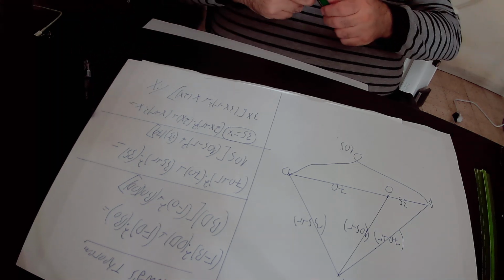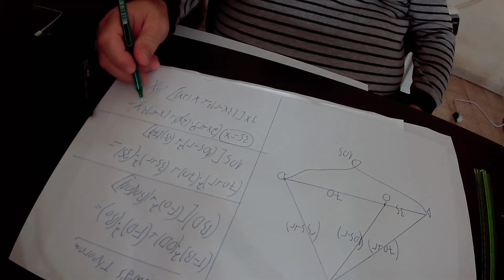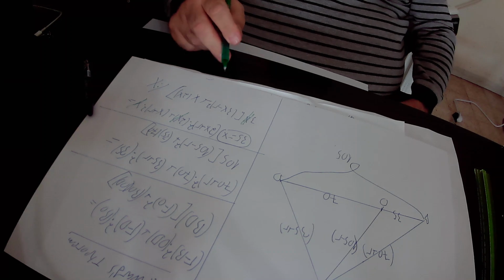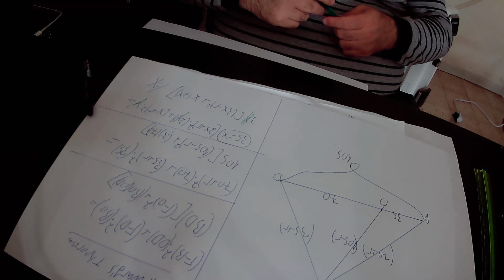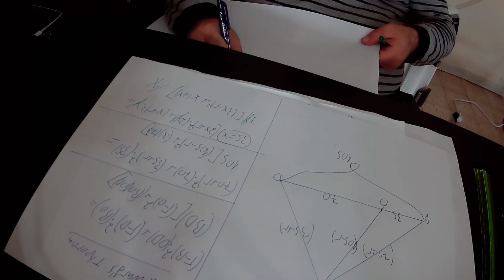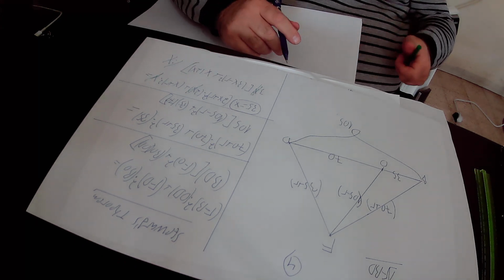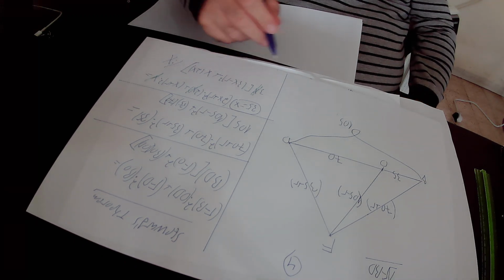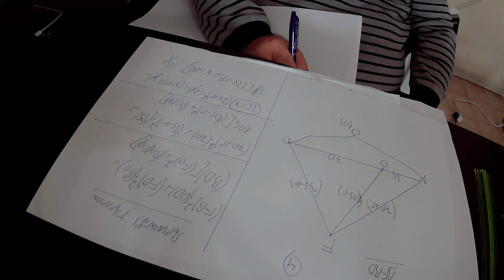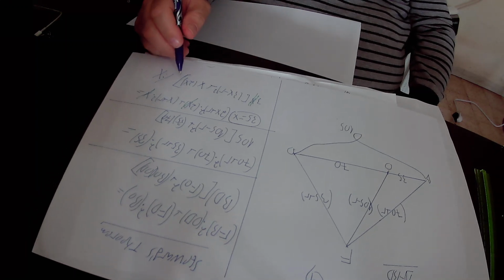So here x will get cancelled, here also x will get cancelled, and here also x will get cancelled. So what is left from this equation after we cancelled x? We have here 2 times 2x plus R squared plus x plus R squared